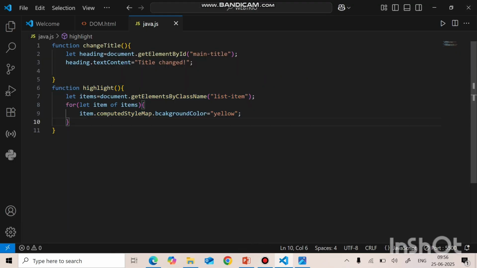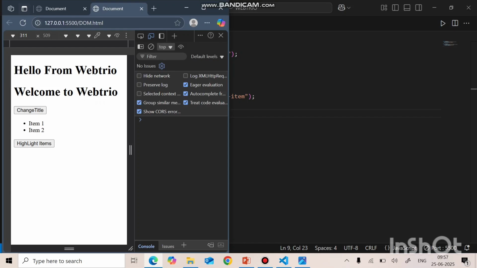Sorry, again here we made the mistake, which is style background. Save this. Now you can see, whenever you click on the highlight items button, automatically item 1 and item 2 change their background color to yellow. Okay, now